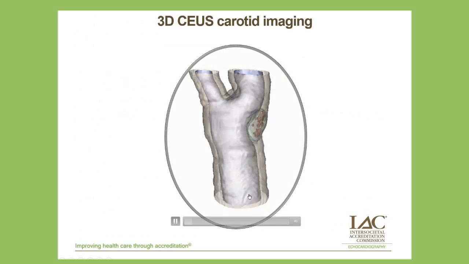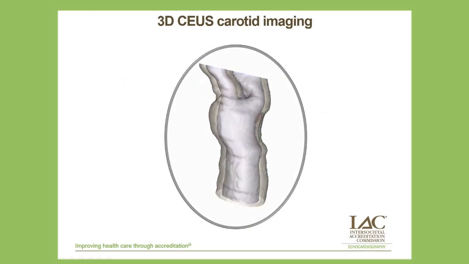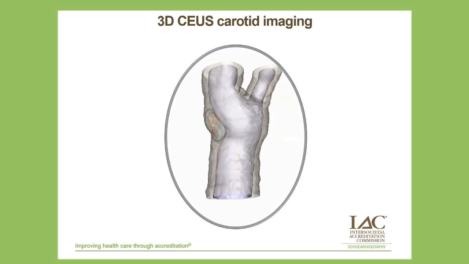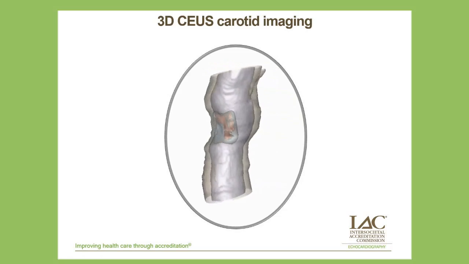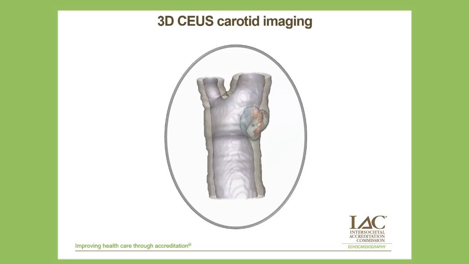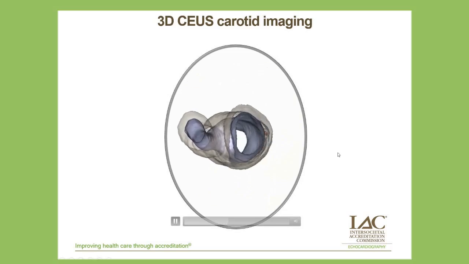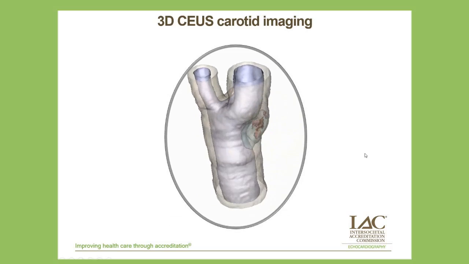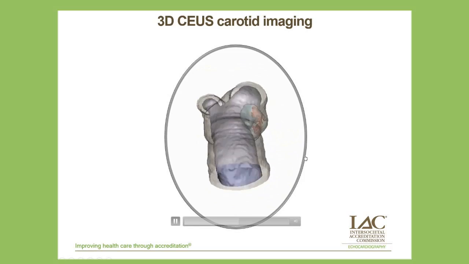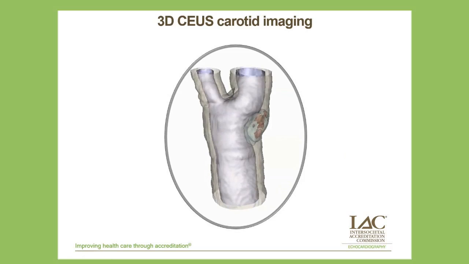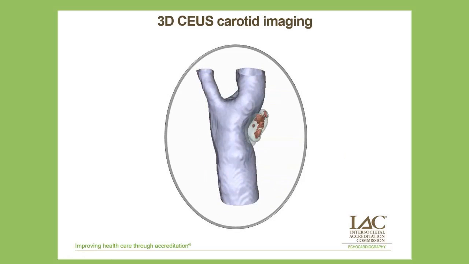Where's the future? This is a 3D image of a patient at Rush. We did a clinical study of 19 patients here. What you can see in the 3D image of the carotid is the plaque and the vasa vasorum within the plaque. This took all of about 15 seconds to record. The future will, of course, be performing 3D carotid imaging with contrast to look at the lumen, the plaque volume,